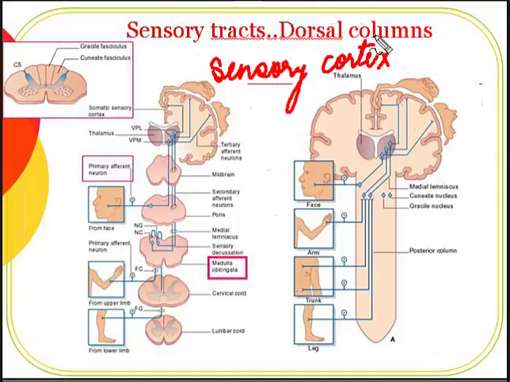So right here itself, it's a good idea to start getting familiar with these terms and which areas of the brain these functional areas are present in. So the sensory cortex is present in the parietal lobe of the brain, the parietal lobe of the cerebral hemisphere. So it finally goes to the sensory cortex,